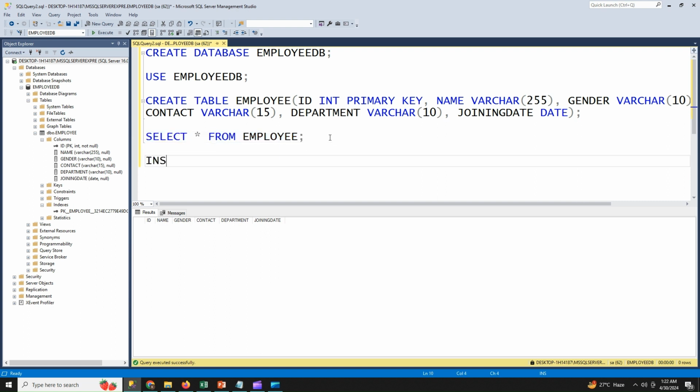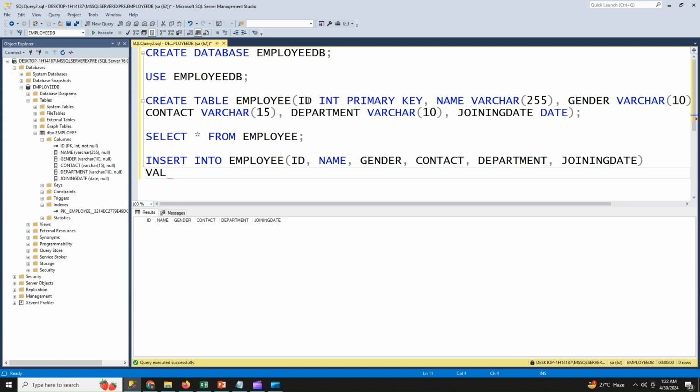Then try to insert some values inside the table. We'll take the column names ID, name, gender, contact, department, and joining date.